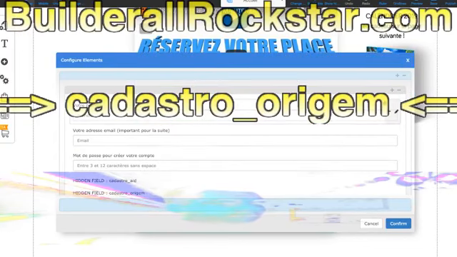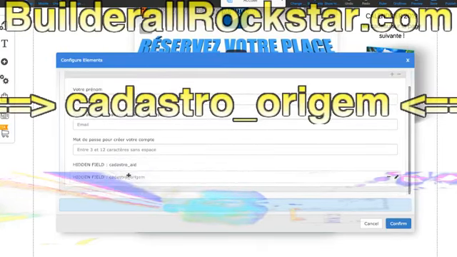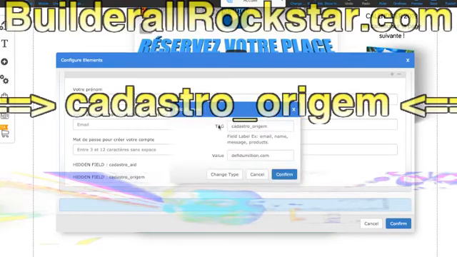and here to add a new hidden field, you click on the plus sign on the gray box here, and you add hidden field. You choose the type hidden field, and then when you edit, in the tag you put Cadastro underscore origem. It needs to be exactly like this, of course, otherwise it doesn't work. And in the value you can put what you want. So here I put my domain name of this website, and then